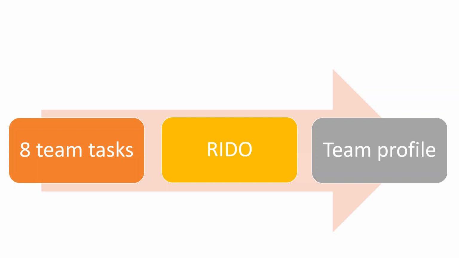So these things drive and inform the way people like to make decisions and contributions in teams. And then we'll look at a team profile of some clients that I've worked with, and you can actually see, for example, where people fit in around these 18 tasks that I'm going to mention. So really the objective of today is to give you a chance to actually look at your team and try and make some judgments in relation to how the team or team members like to play roles in their team.